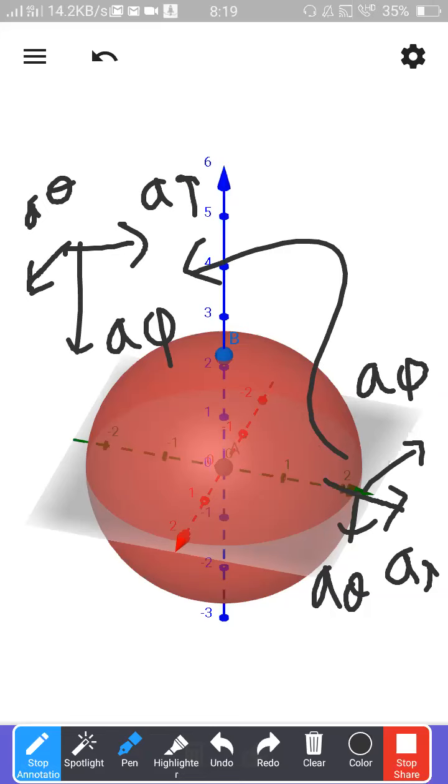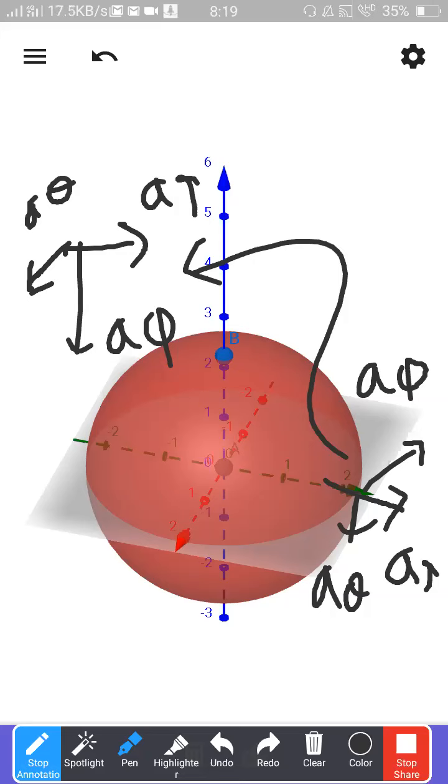You please imagine, it always has to follow. You choose any point on the surface of the sphere, and you just try to apply the right hand rule. Right hand rule means what, sir? You have to always go from R to theta. You place your right hand in such a way that your fingers are going from R to theta. Then your thumb will indicate the direction of phi. Yeah, it's following the right hand rule.